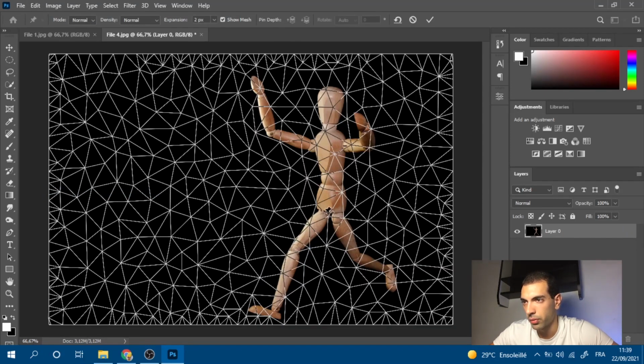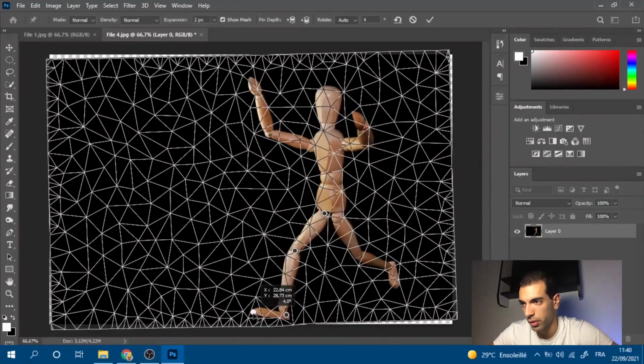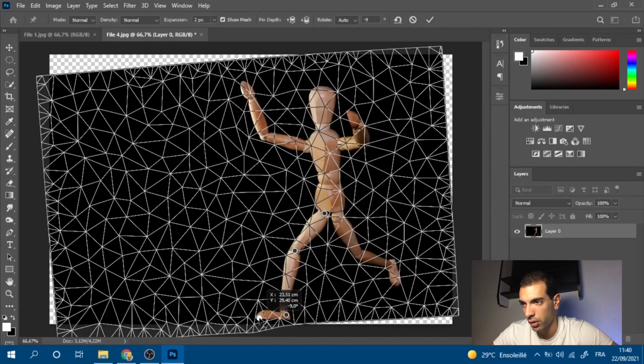We put a pin here, a pin here, a pin here, a pin here, and look what we can do now. We can warp it just like this. I'm gonna make it look like the leg is on the floor, is on the ground. Create more pins here,